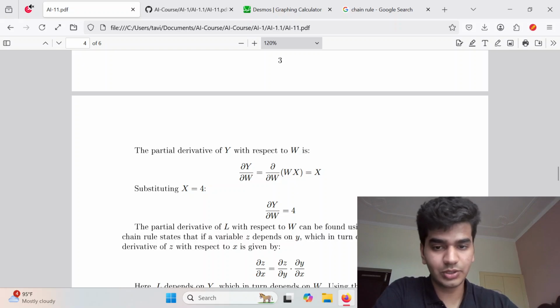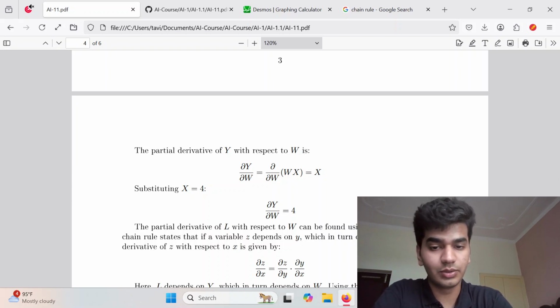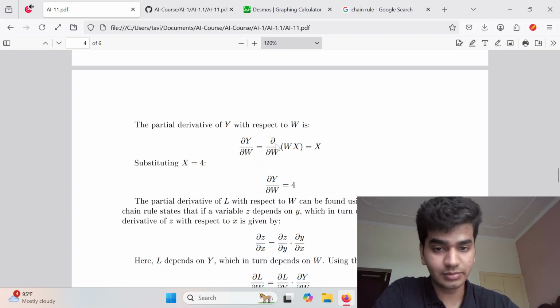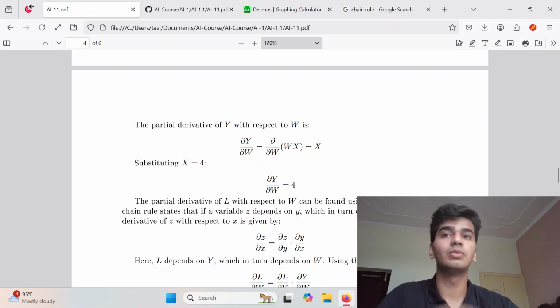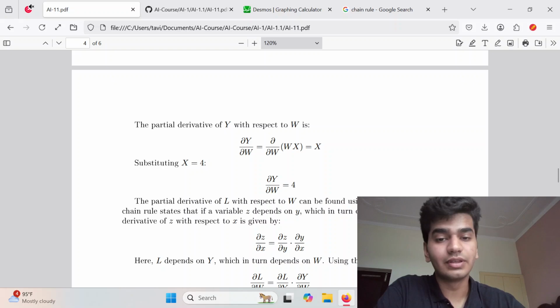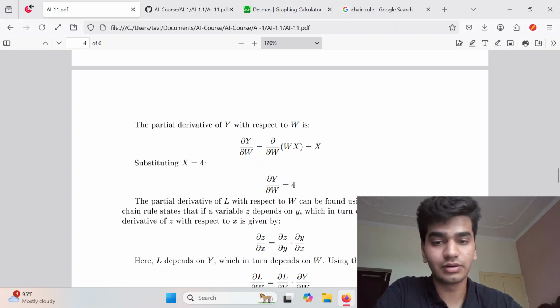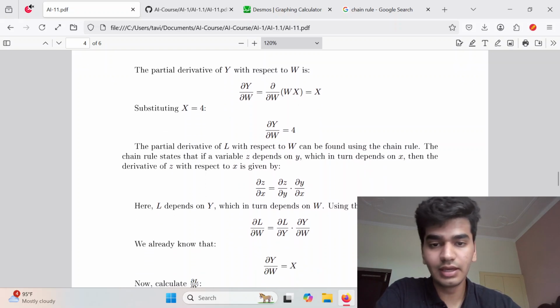Okay, so that's why we do delta y by delta w. We do that here, and then that's going to be delta wx by delta w, because y is wx. We assume b to be 0. We'll look at more complicated cases in a very short amount of time. And in partial derivatives, we assume that whatever is not w, x is a constant, and so x will come out as the derivative. Perfect. Substituting x equal to 4, we find that delta y by delta w,